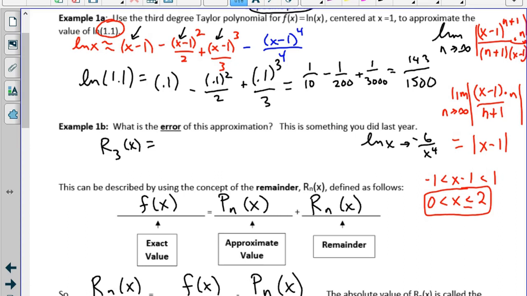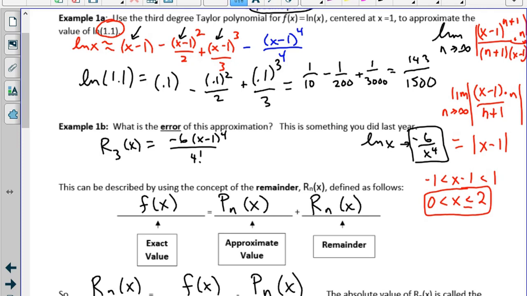If I plug in anything bigger than 1, then this number gets smaller. So the maximum possible derivative between 1 and 1.1 for x, I sub in 1, and that's the maximum possible derivative. So the next term, maximum possible derivative, is negative 6 times (x minus 1) to the fourth over 4